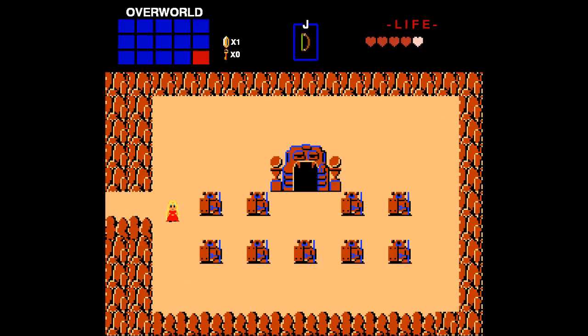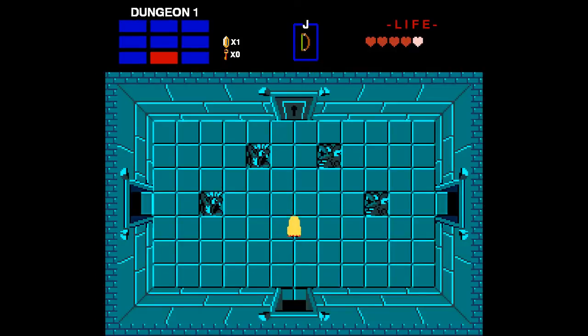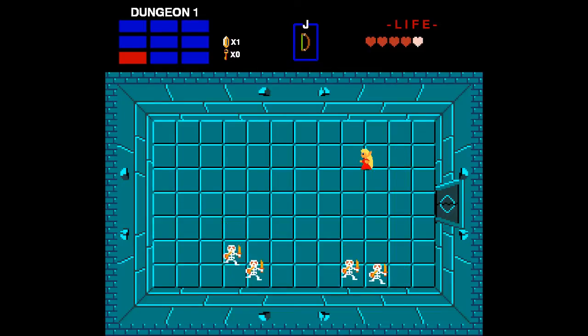So over here is the dungeon where the final boss is that you need to kill to complete the game. The door to the right is a trial door, so that only opens once you've killed all the enemies in the board. So you can see that the door opened, and then a key spawned in the middle of the room once